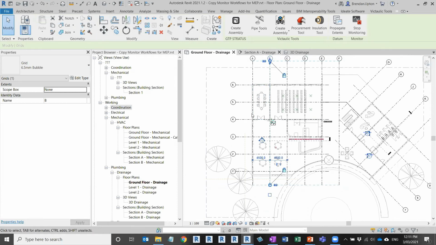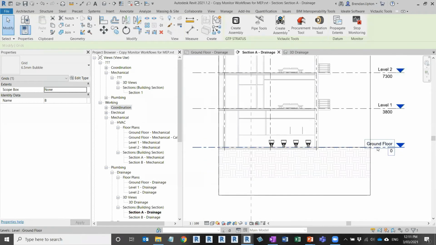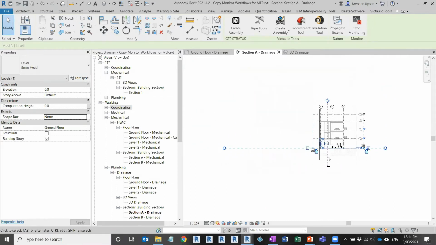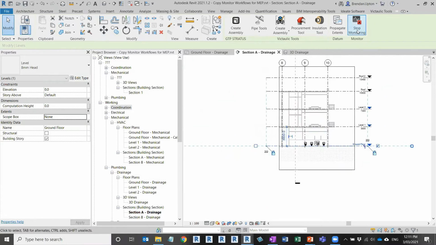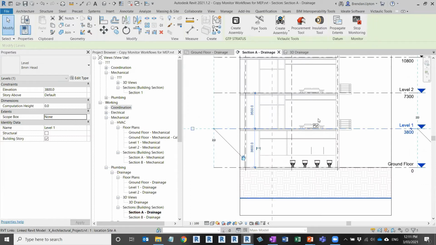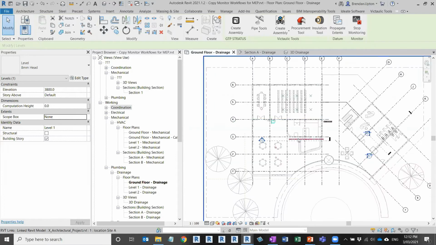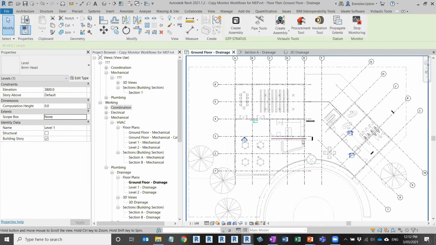Similarly, if I go to a section view, these levels are being monitored as well. You can see the little icon that appears there. It's a little bit small, but you can see a little monitoring symbol. And you get the stop monitoring button up on the ribbon. So this project has been set up in that typical fashion. If I jump back to my plan view,